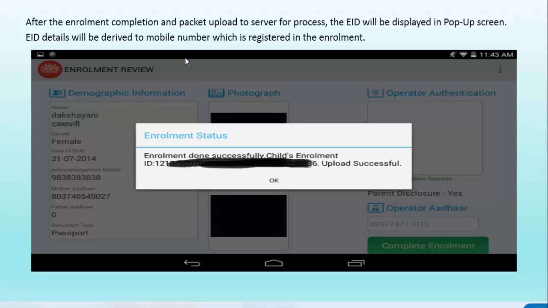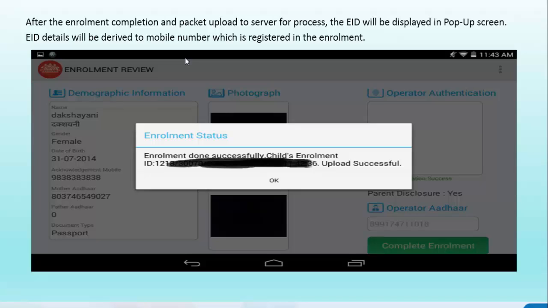You will get one more message also, like upload successful. Once enrollment is completed, the packet will be uploaded successfully to the UIDAI server automatically. If it connects with the internet properly, then your packet will reach CIDR for the Aadhaar generation process.